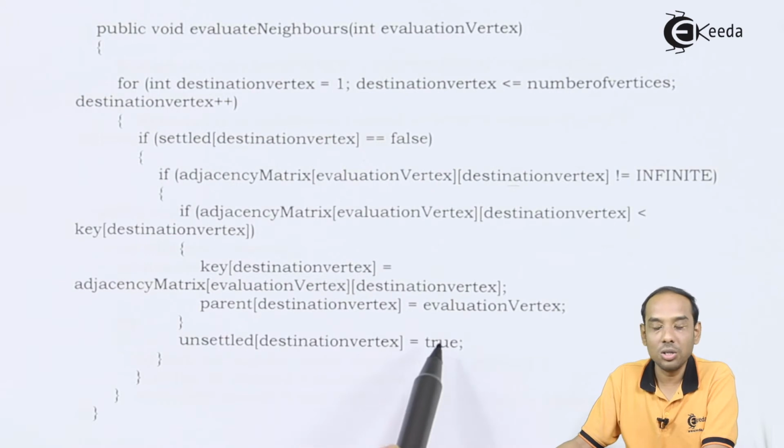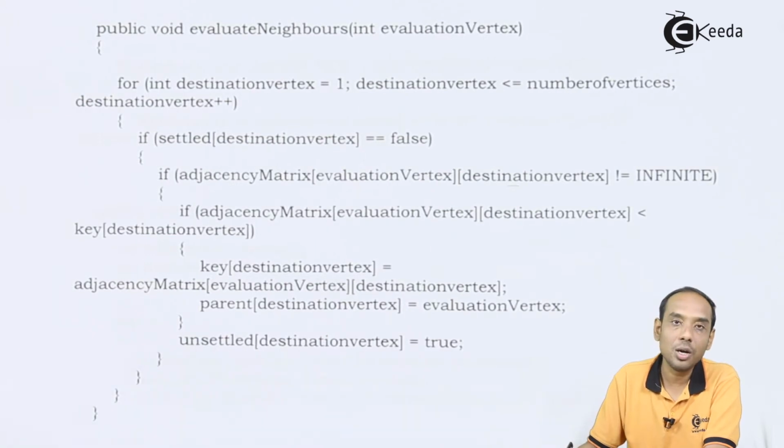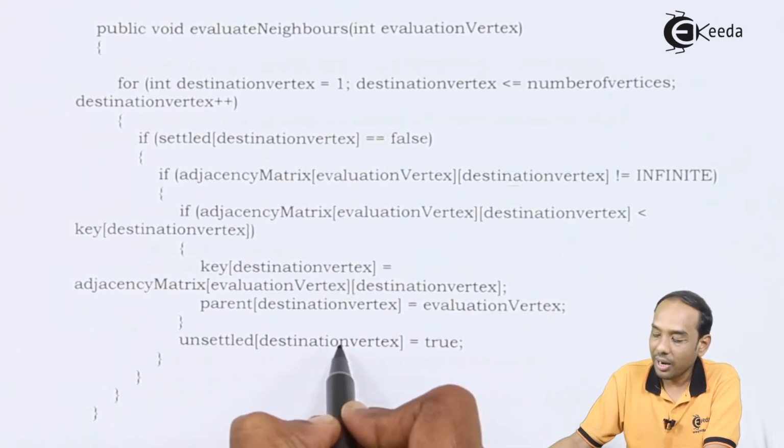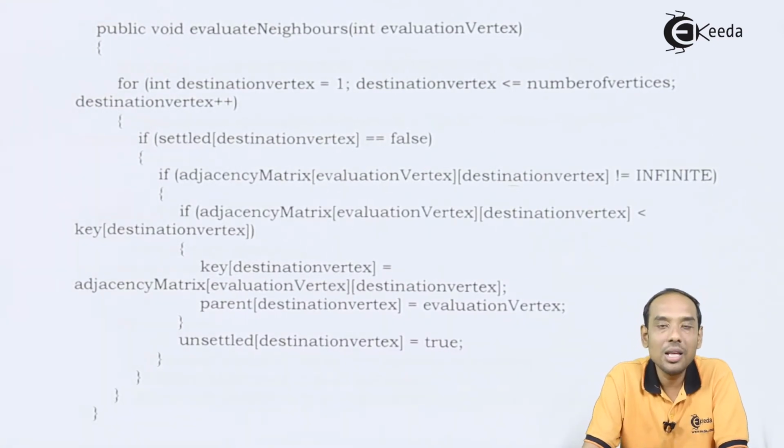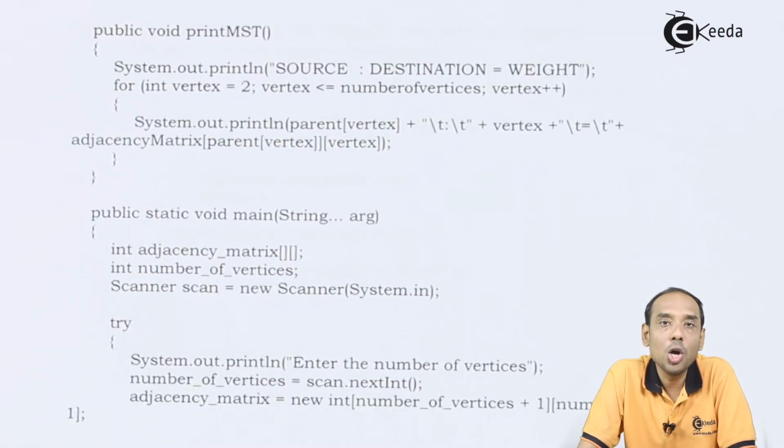Previously it was false. So we are going to make it compulsorily true by writing unsettled destination vertex equal to true. This is how you evaluate the neighbors by taking the evaluation vertex for the calculation. It is very important to have the set of conditions predefined to check whether the value of the vertex is settled or unsettled. We have defined all the set of functions which are needed to evaluate the vertex, calculate the